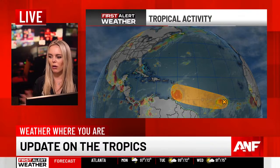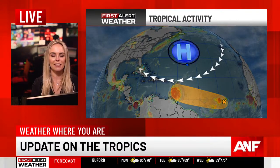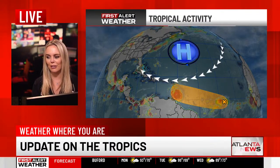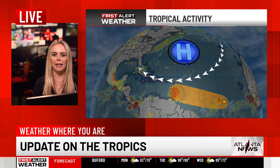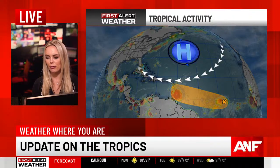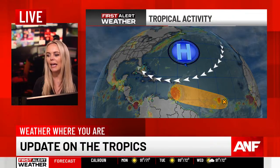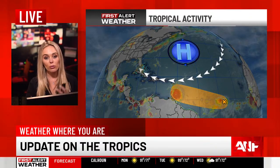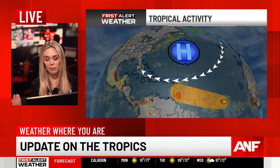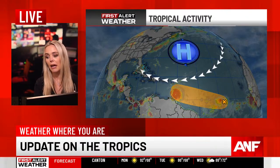It's all developing along a Bermuda high. It's a semi-permanent high pressure system that hangs out in the Atlantic this time of year, and it ultimately helps steer these tropical systems. So the way wind rotates around an area of high pressure is clockwise, so everything's kind of getting carried around that high, and how strong that high remains will help determine any future storms that do develop off the coast of Africa, that do develop over in the Windward Islands in the Caribbean, because this will